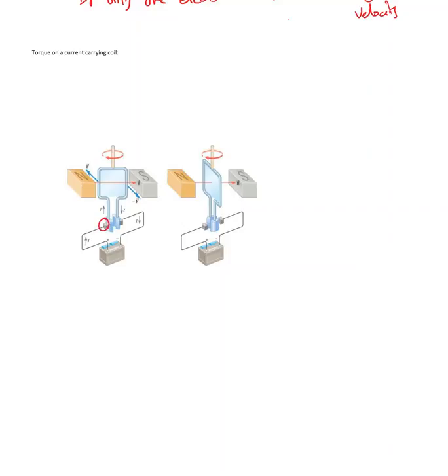Here, these are the brushes. Okay, that's a brush, and we call this a slip ring or commutator. In DC we call it a commutator, in AC it's called a slip ring. Both of them are the same. So basically this is a DC motor because it's a DC source. Current I is passing through this, current is entering here, and current is going out here,